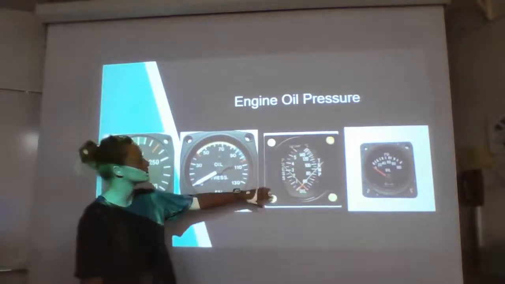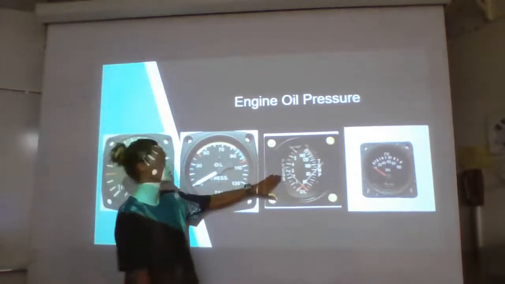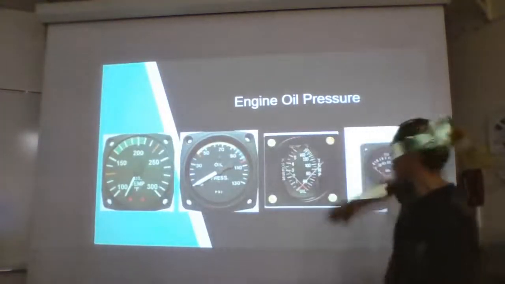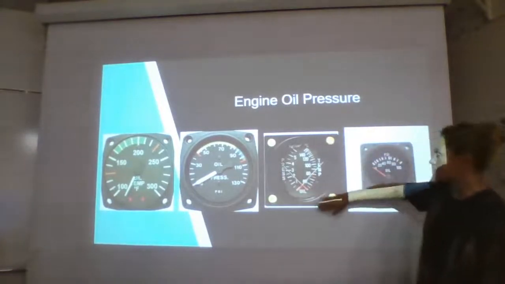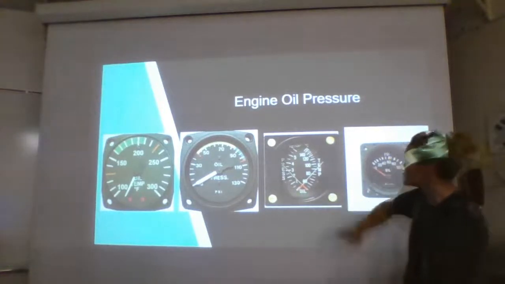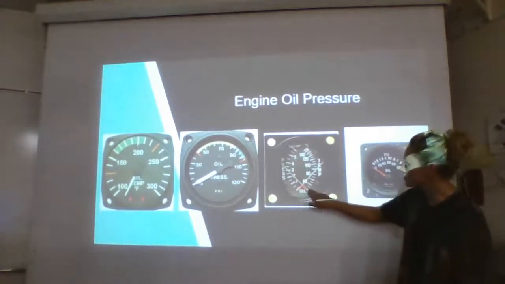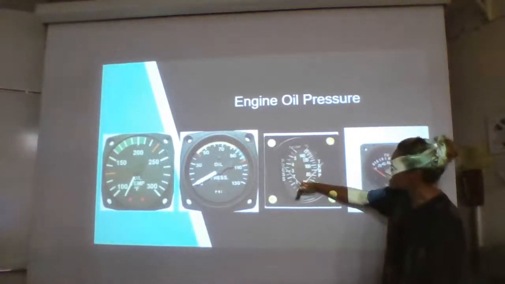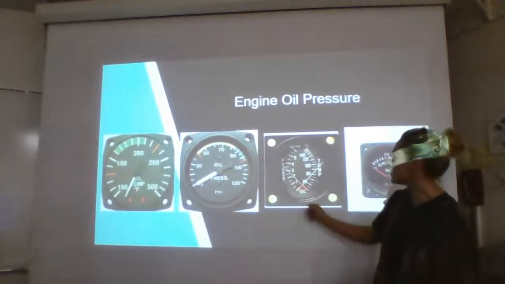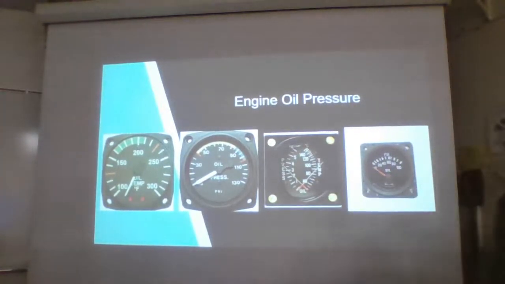And then another dual gauge. I've seen these ones, and I think they're kind of cool because of the needles. It's kind of like a butterfly. This one again doesn't have any green, red, or yellow markings, but you'll have temperature on one side and pressure on the other side, and these needles work opposite of each other. They're positioned right here, but because they're on opposite sides, they will tell you your pressure. So like this one, when the aircraft is turned on, it will read the temperature and